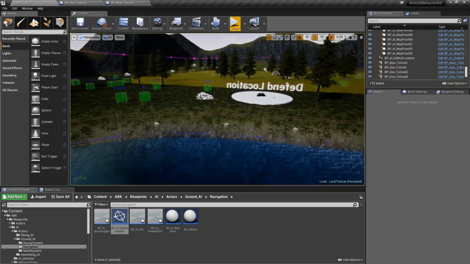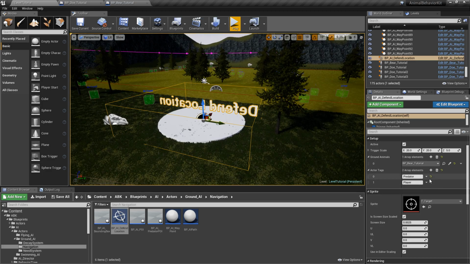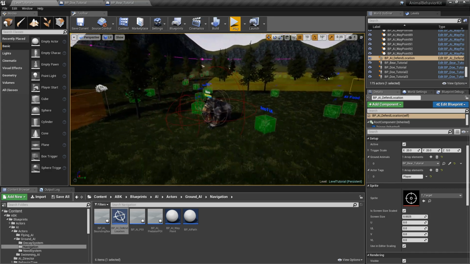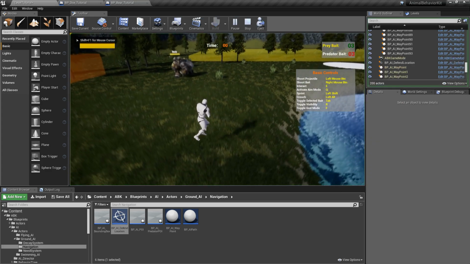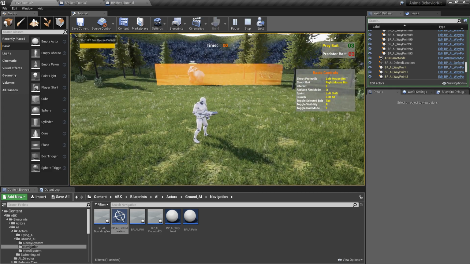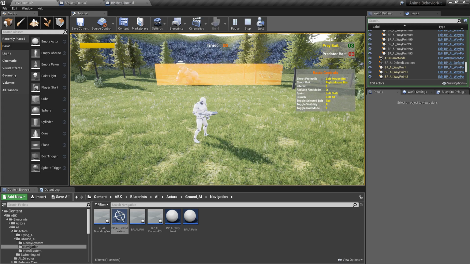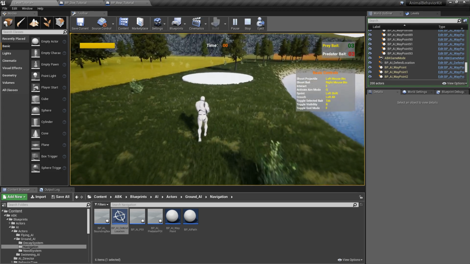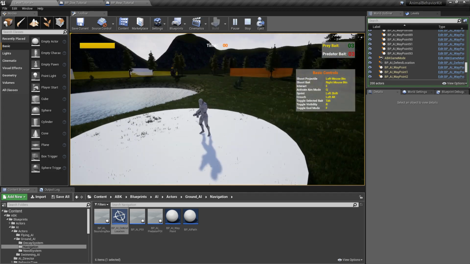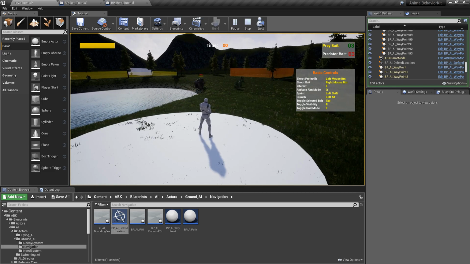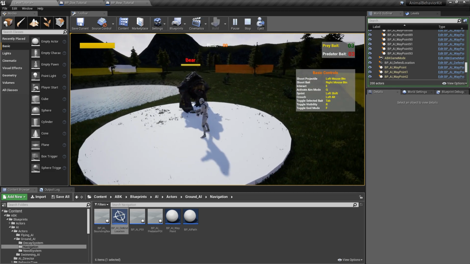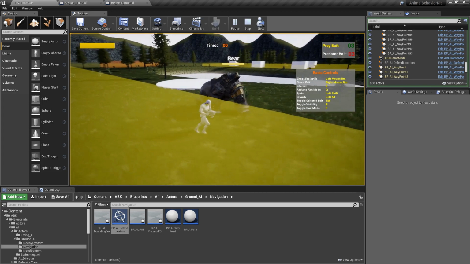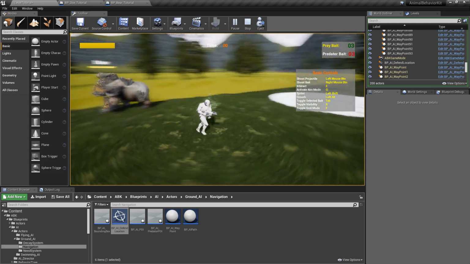Whoops. Let's make sure that we take that off here and take this out as well. All right. And we can see that the bear is just roaming around. There you go. And as soon as I hit this area here, notice that the bear is now engaged and is coming straight at me to try to defend this location. It inspects the location for about 1 second, and then it right now is ignoring me because the engaged behavior